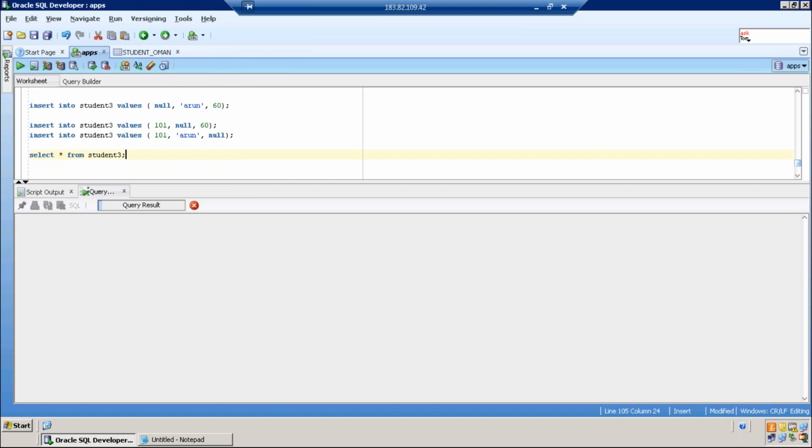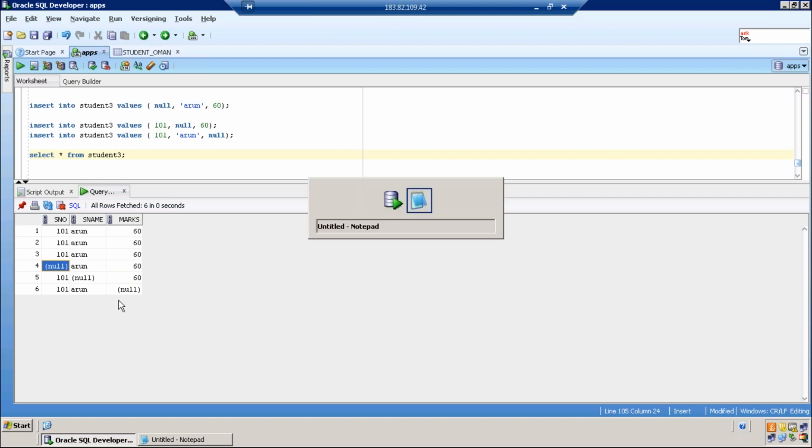This is the default behavior. This is the table without any constraints. But you can apply some constraints to avoid null values or to avoid duplicate values. So this is all possible by using the concept of constraints.